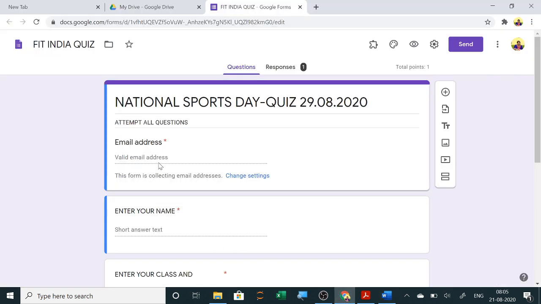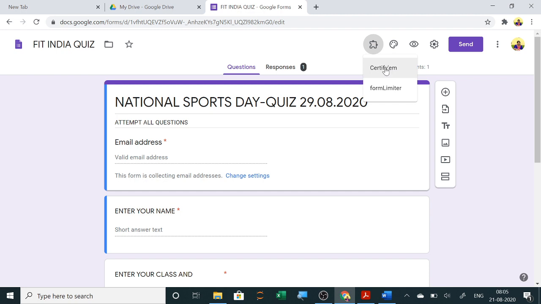The letter is already with you all, so as per the letter you have to create this Google form. All the class teachers will create it for their class. Here you will see that in the G Suite ID, add-ons are already activated, like Certify M, which has been activated by our regional office. Those who do not have it can go to the 9 dots, click on add-ons, and install Certify M. Then you can generate the certificates.